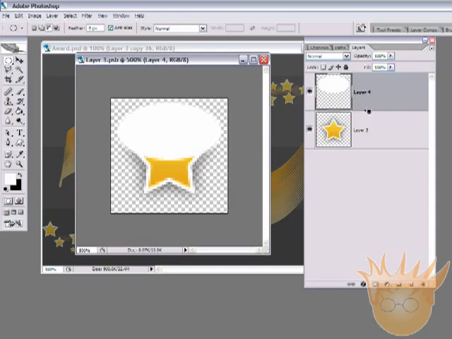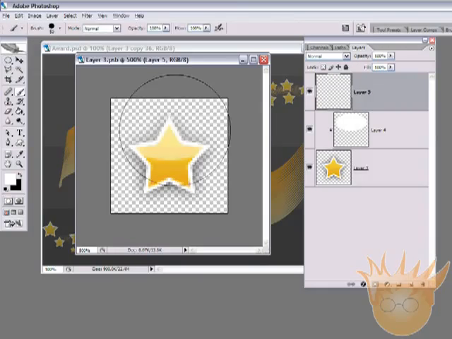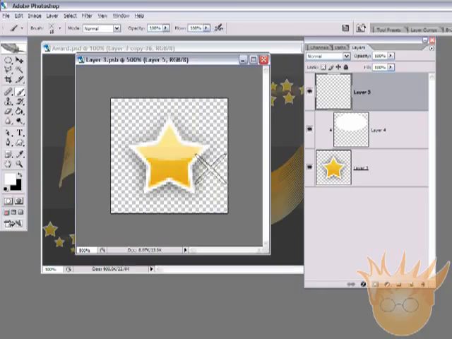Hold down the Alt key and move your mouse in between the two layers to create a clipping mask. It clips this white ellipse to this star. Lower the opacity to about 50%. Create one new layer. Grab your Brushes tool. And in the Brushes palette, which is right here, go to Assorted Brushes, and when you bring up the Assorted Brushes, grab this 25 pixel star right here, move the Brushes palette out of the way, and lower the size to about 15, which is what I'm using here, and click several times to get some nice thick sparkles,